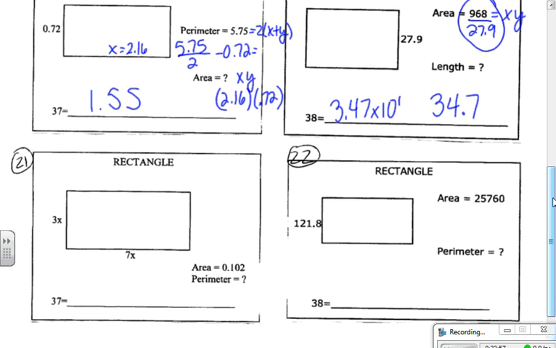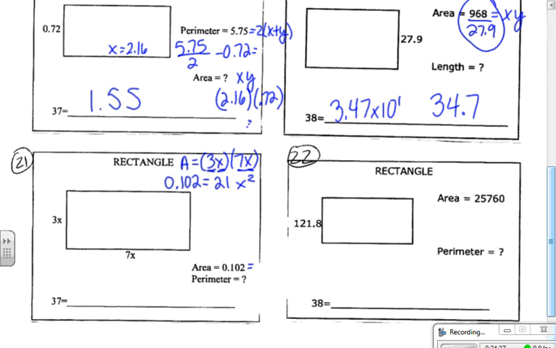Okay. Number 21. We have area, we want perimeter. So it's kind of the opposite of the one we had here. Our area is equal to our length times our width, which is 3x and 7x. We have a variable in two different places. So our area is 3x times 7x. So let's go ahead and do that math. Our area, 0.102, is equal to 3 times 7, which is 21, and then x times x, which is x